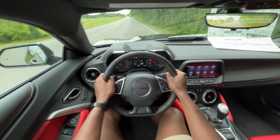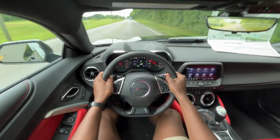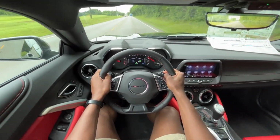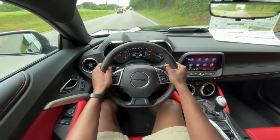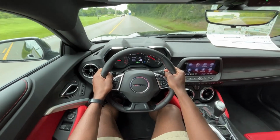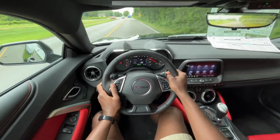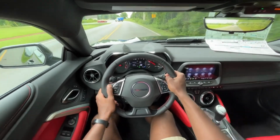And of course we have cylinder deactivation as well. So I'm only on 4 cylinders now and I'm getting 42 miles per gallon. So another plus of having the V6. Now I believe the V8 will do that too. I'm not 100%, but